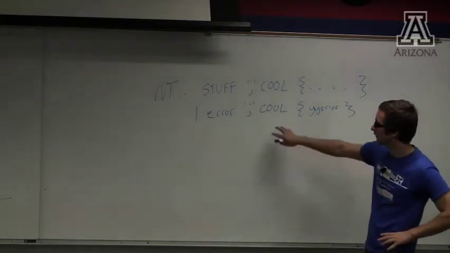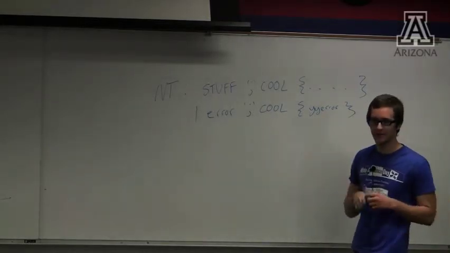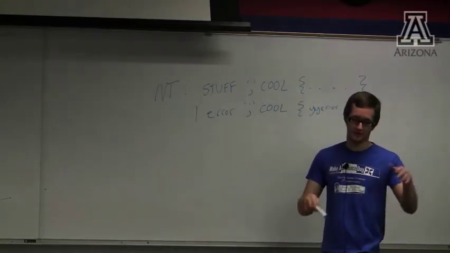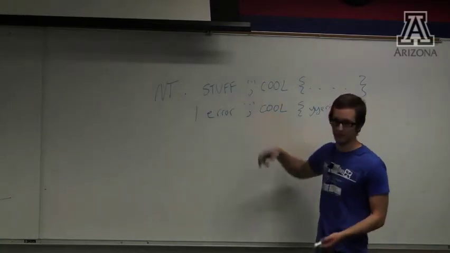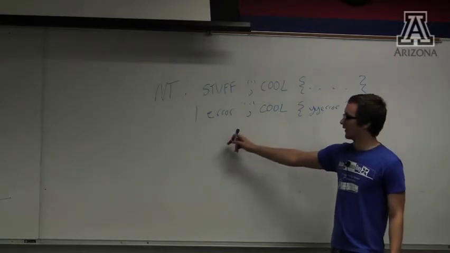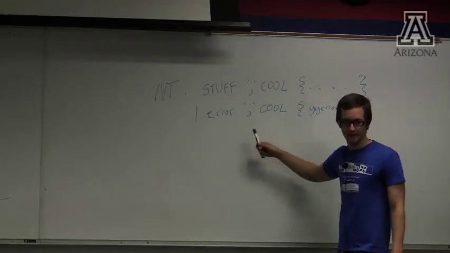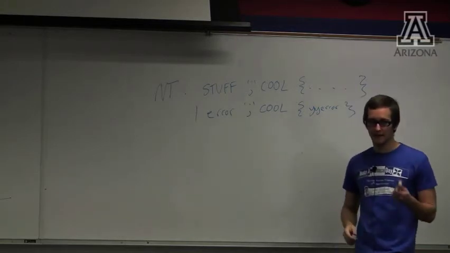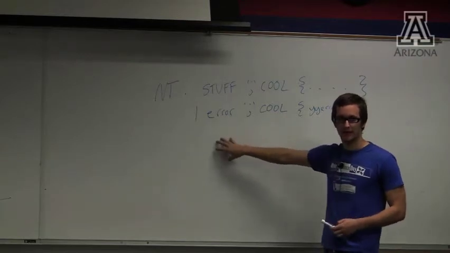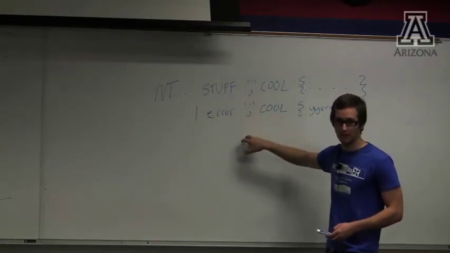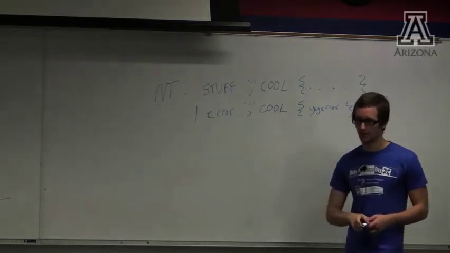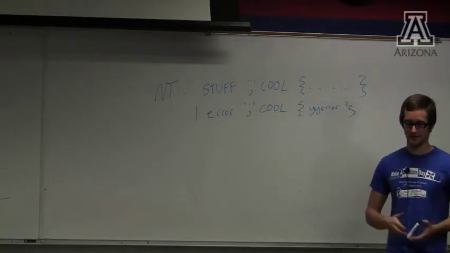This should work. Let's, for the sake of argument, say that stuff is a token, because if it's a non-terminal, then we have some new issues. But let's just say that stuff and cool and the semicolon are all tokens. And so you feed this non-stuff, then a semicolon, and then cool. Yak's actually cool enough to match the things up until the semicolon as an error. It says, well, I wanted stuff and then a semicolon, and instead I got madness and then a semicolon. So it actually will reduce to the error, probably. It's not 100% predictable, but it should work.